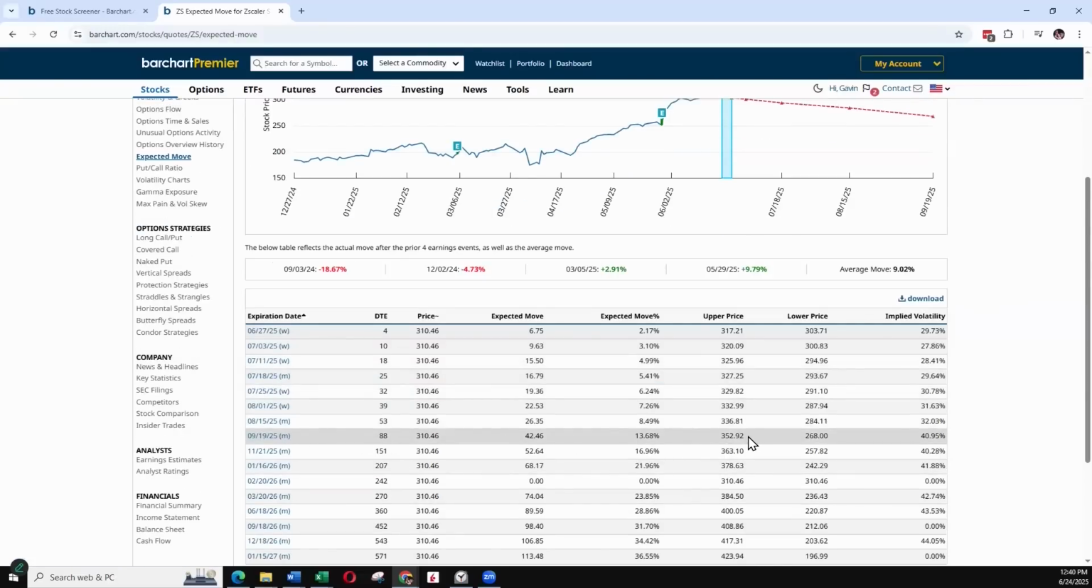And we can see the upper expected move is about 350. And we know we've got earnings in the end of August as well. So these options should hold their value pretty well because the implied volatility is going to stay a little bit elevated. So if we go over to vertical spreads,